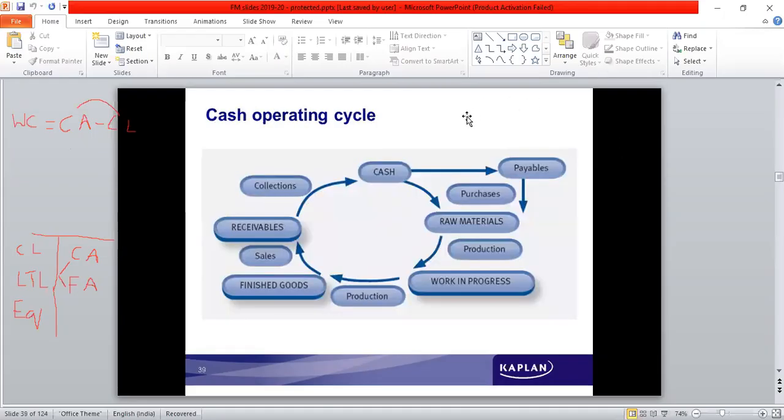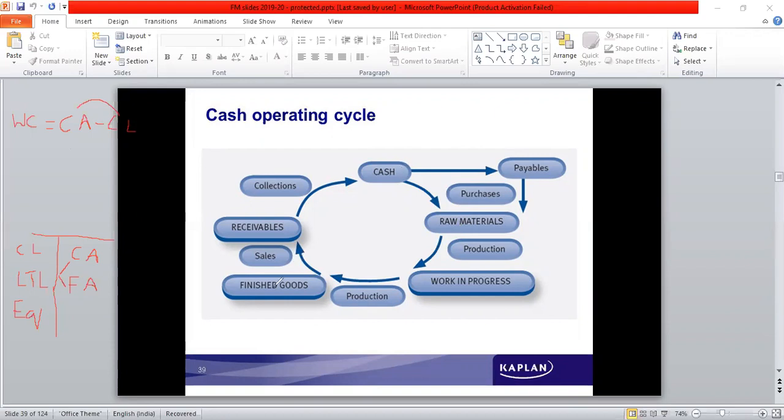So operating cycle is a cycle where the amount of cash is invested into the raw material. Raw material is purchased. The raw material gets converted into finished goods. After they get converted into finished goods, the finished goods are to be sold. So if they are cash sales, cash will be received immediately. The cycle goes on. So the cash amount is invested into raw materials. Raw materials get converted into finished goods. Finished goods, when sold on cash basis, cash will be realized.